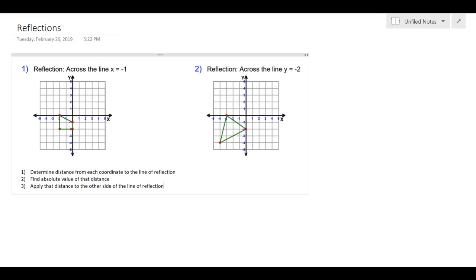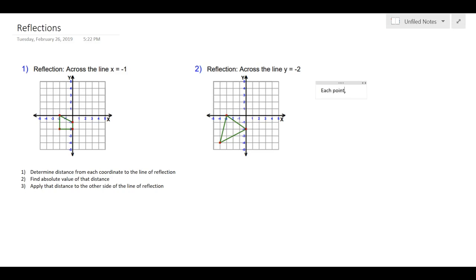Okay, guys, now we're going to talk about reflections. Reflections are a little tougher to explain algebraically. I'm going to do that briefly, but they are very simple to visualize. And the key thing you need to understand about reflections is that each point, I'm actually going to write this here,